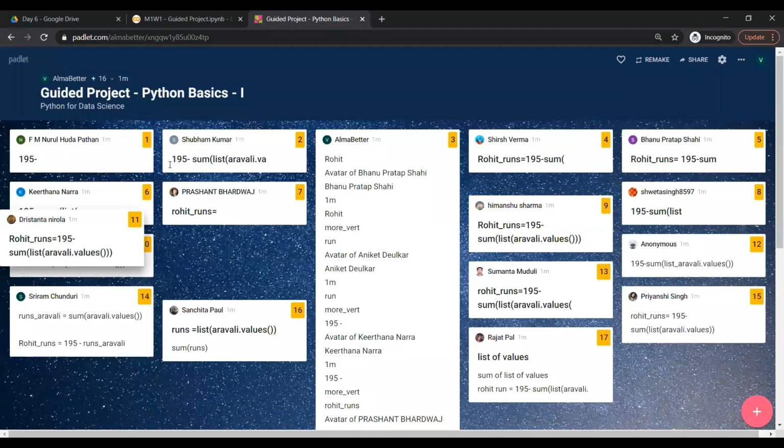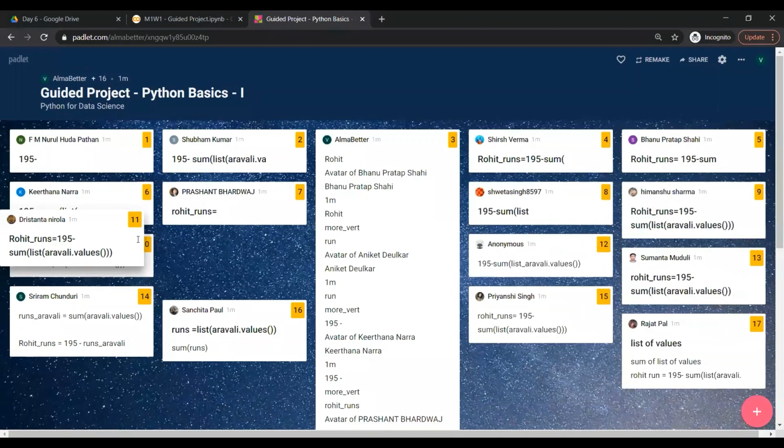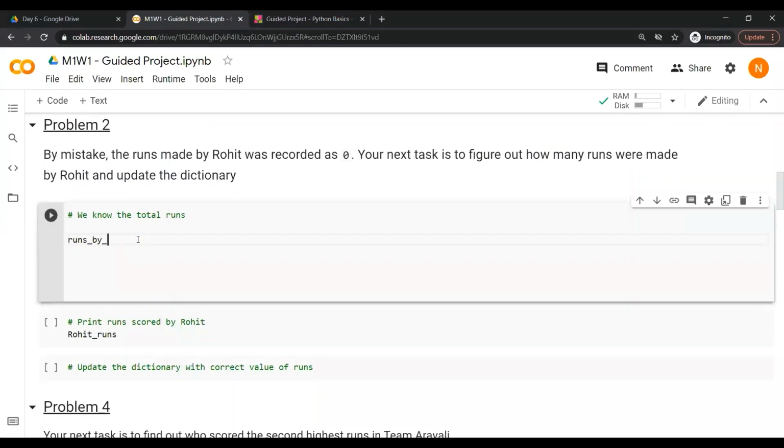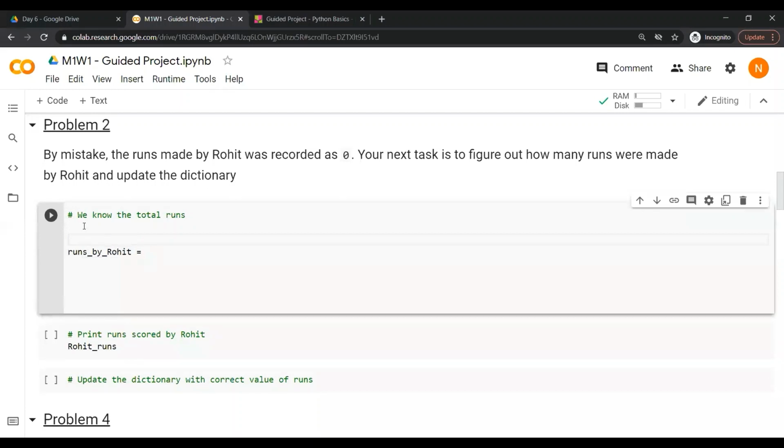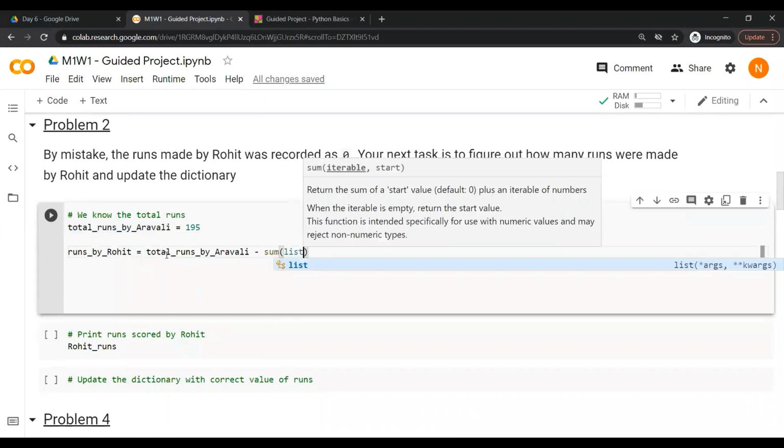So let's see. Runs by Rohit, this is the variable I'm creating, so I'm getting some answer. Firstly let's store the total runs. It's a good idea to store total runs by Aravali. I will say the total runs by Aravali will be 195. And what we want to do is subtract from this. So we want to firstly sum over all the values,